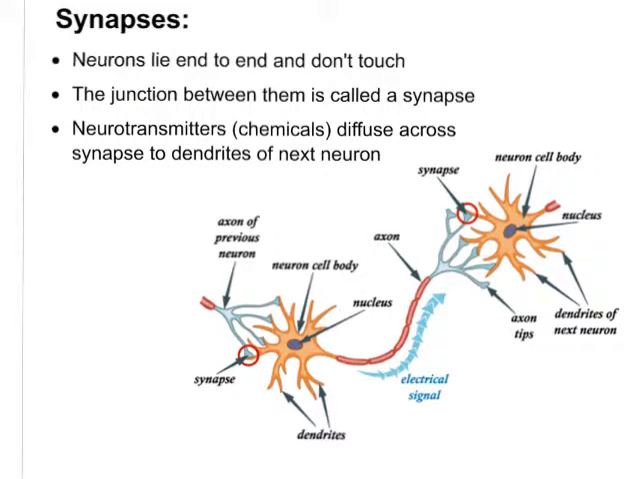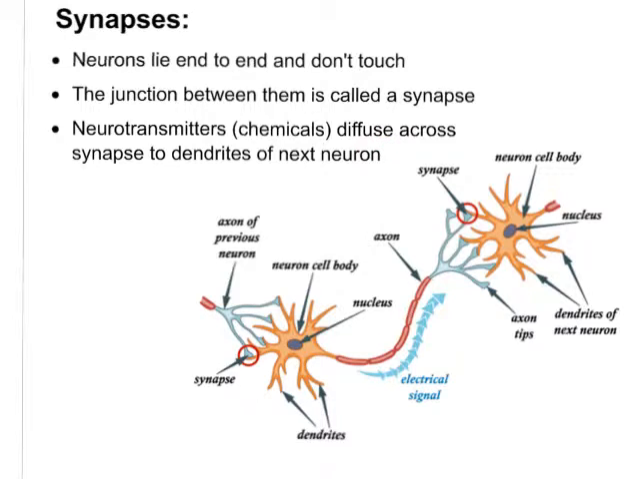So now let's look at this idea of synapses. You've probably heard of synapses in your brain, and what are they? Well, neurons, the cells that we're talking about, lie end to end and they do not actually touch each other. The junction in between the neurons is called a synapse. Across the synapse,